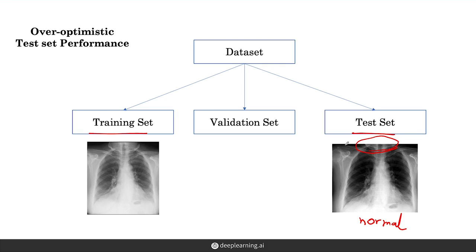Deep learning models can unintentionally memorize training data, and the model could memorize rare or unique training data aspects of the patient, such as the necklace, which could help it get the right answer when testing on the same patient. This would lead to an overly optimistic test set performance where we would think that our model is better than it actually is.